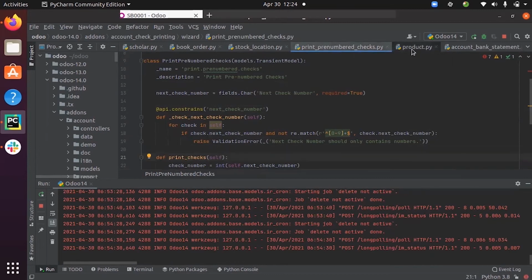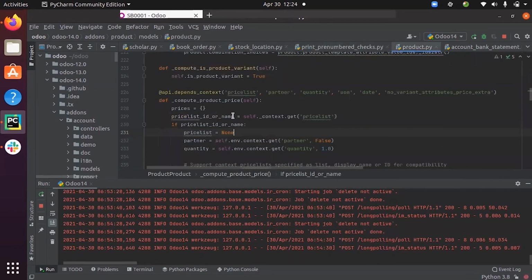Then next we have the decorator @api.depends_context. It is used to specify the dependencies. For example, if you want to compute a price field, then the field is defined in the context.